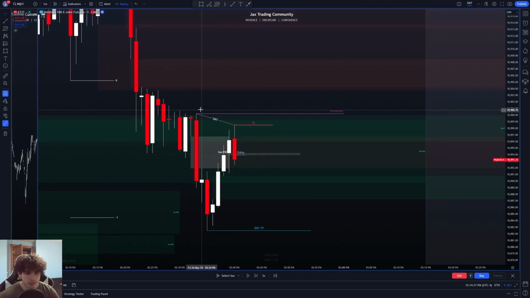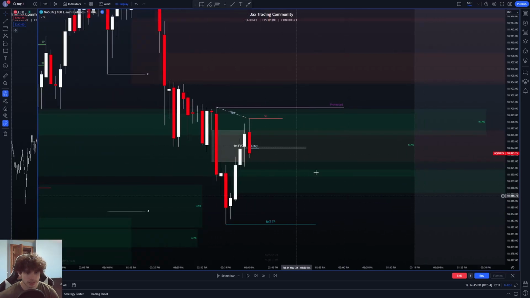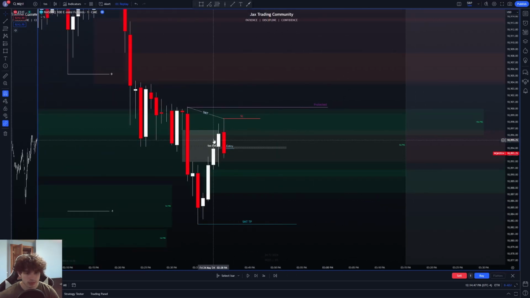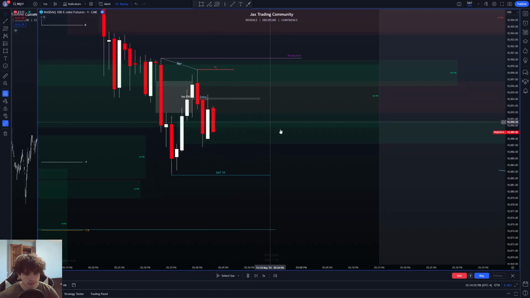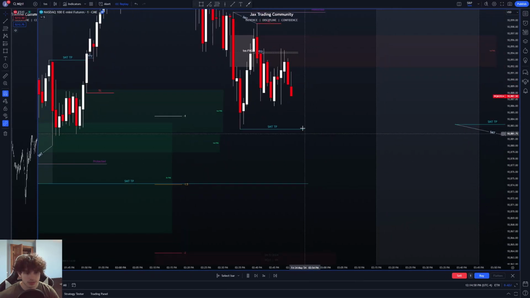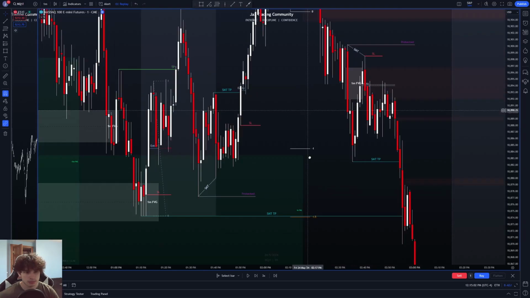Whatever you're comfortable with. But we have an SMT created at this high with displacement down. Here's your protected high. This would be your SMT TP. This is a way to enter inside of this move. You have a fair value gap created right here. Then we tap into it. This could be an entry. Put your stop at the top of this high. First target could be this SMT TP. And then another target could be the SMT TP of